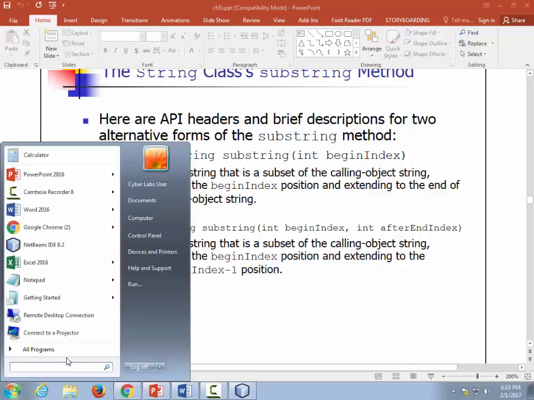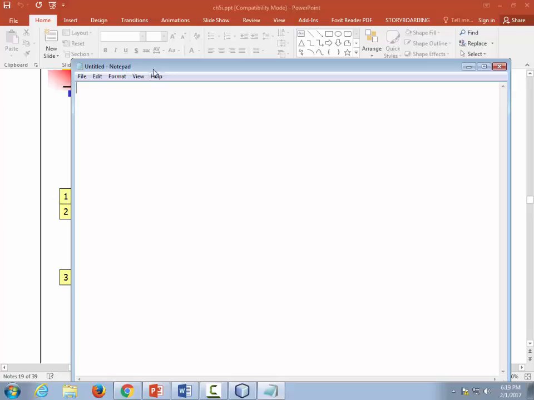So if you do this, string S is equal to Darth Vader, and then you do string T is equal to S dot substring 5, it goes and it gets 0 to 4. Index values 0 to 4. That's element 0. That's element 1, 2, 3, and 4. So at this point it would equal